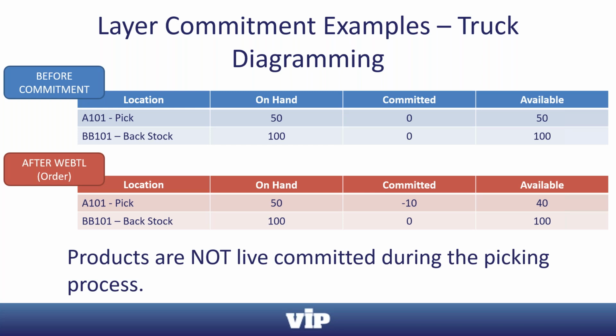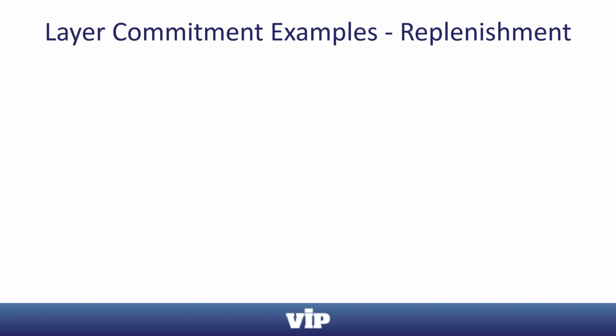This is an important concept because a lot of people think that the easy pick and the voice picking process is actually what's committing inventory or making the available go down. And that's not the case. It really is the truck diagramming programs that do all of this. Even before you've started picking, you're actually committing inventory just running these programs. Another way that layer commitments happen